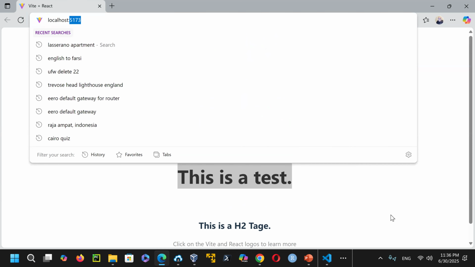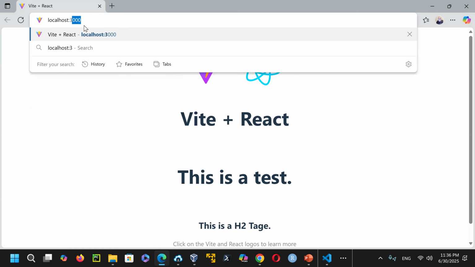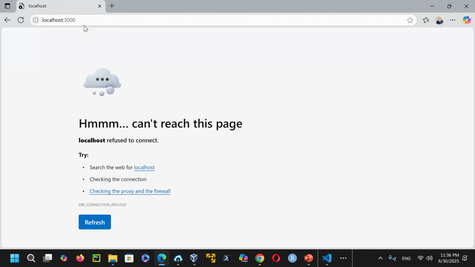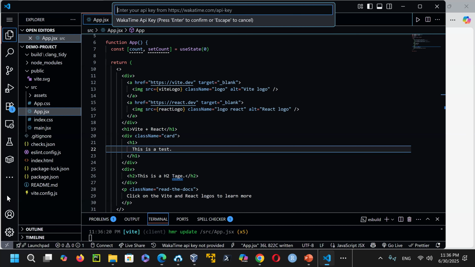And let's say you want to change this port, okay? And you want to change it to port 3000. So right now, if I just go to port 3000, this page is not going to come up in React. It's going to just say page not found. But let's see how responsive this page is when I modify this file called